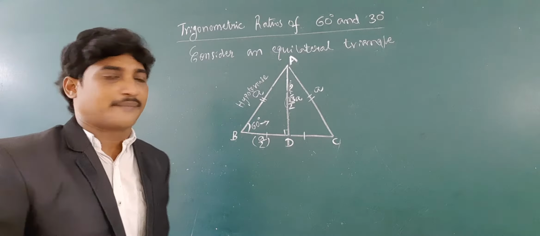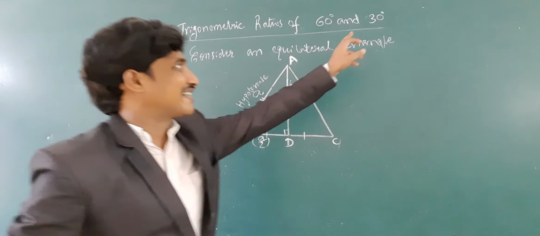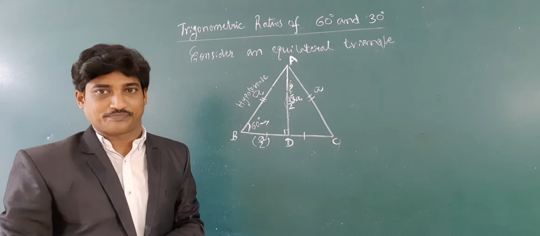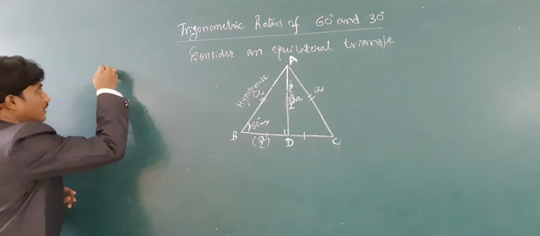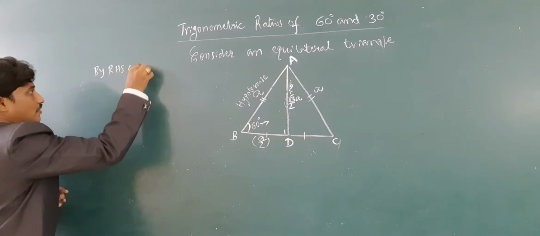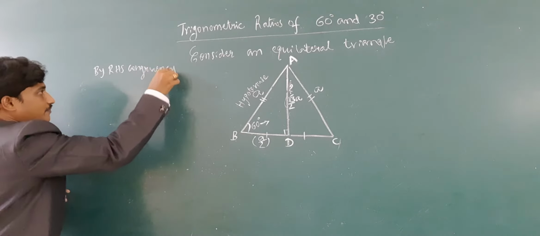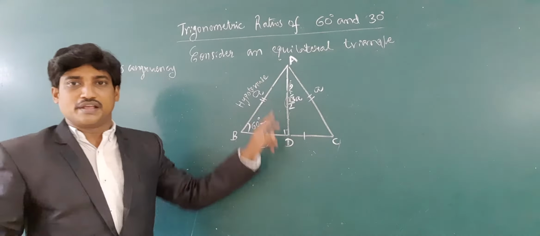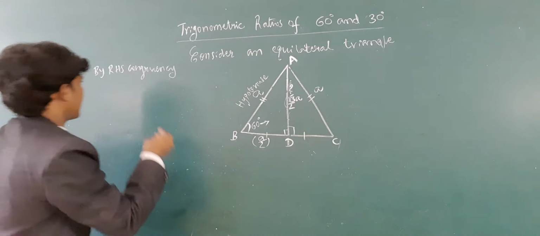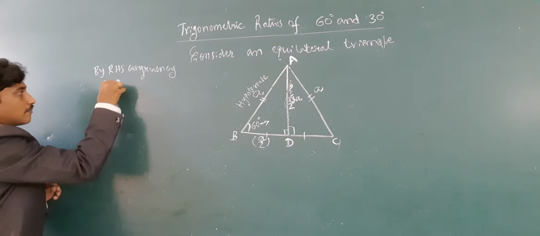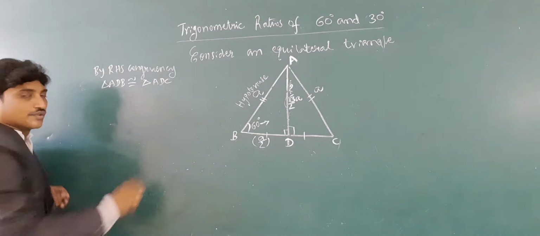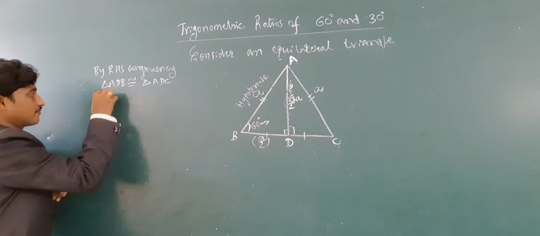Now we can find trigonometric ratios of 30 degree also within the same equilateral triangle. By RHS congruency, it is very clear that triangle ADB is congruent to triangle ADC. So that by CPCT,